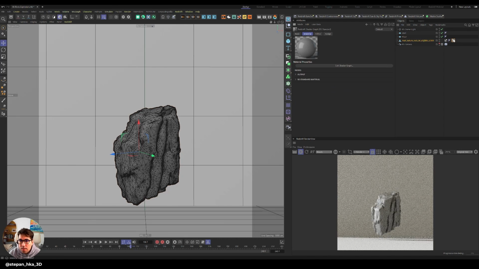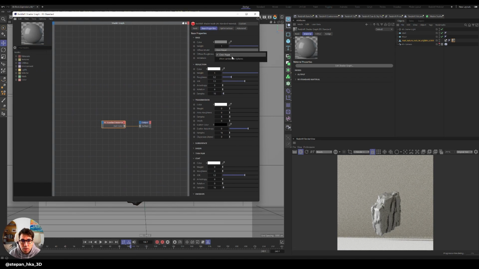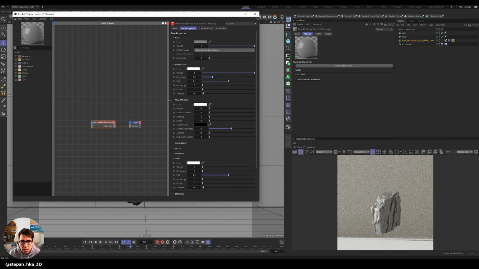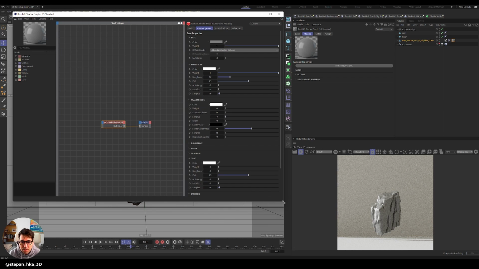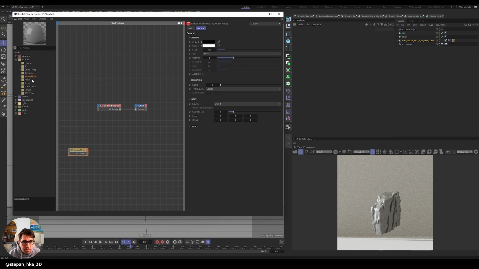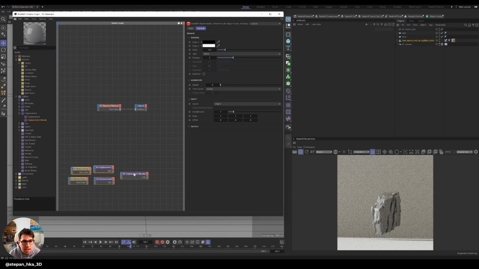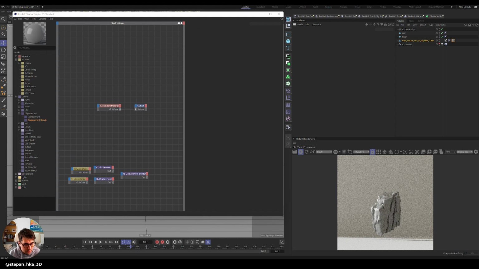So that's done. And we can go straight away because we're gonna use displacement. We can try already the new diffuse model, the Lambertian spheres, which is gonna create a more pronounced, contrasty look on those crevices. And so on our displacement, I'm gonna put in Maxon noise, one more, and from our utilities displacement, I'm gonna put displacement for each noise and a displacement blender. So it's gonna be our displacement, and I'm gonna also save again